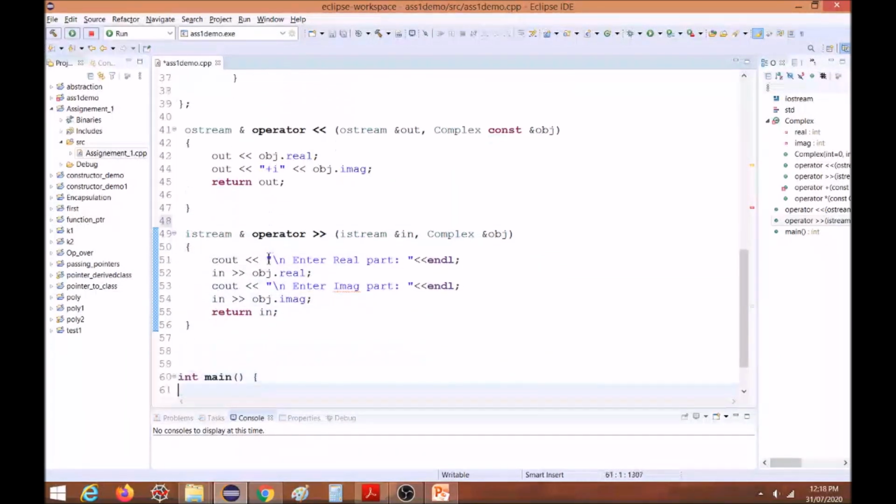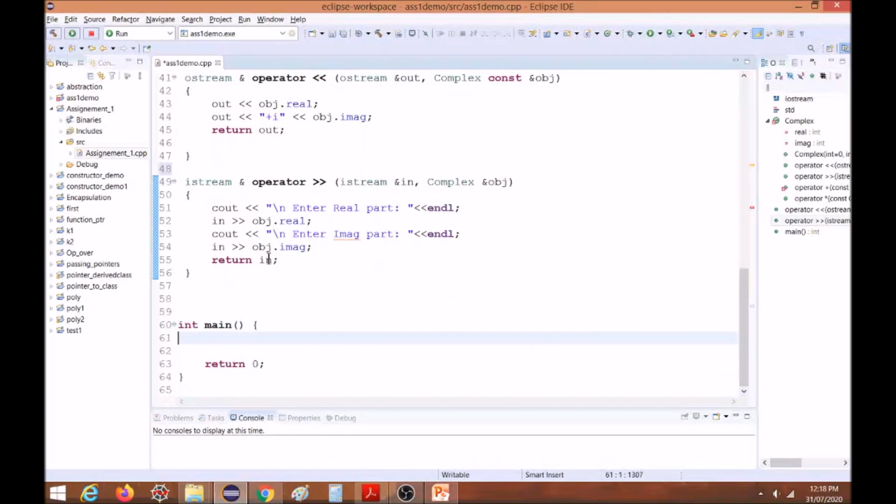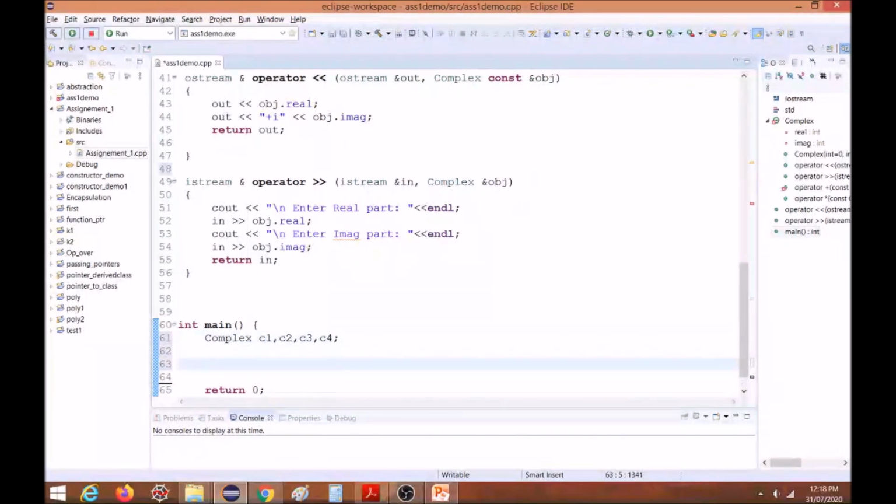Now in the main function we have to create objects of the complex class: c1, c2, c3 and c4. Okay, let us see. Cout enter first number, so it will ask for the first complex number, and using cin and this operator we will accept this c1, so it should work.